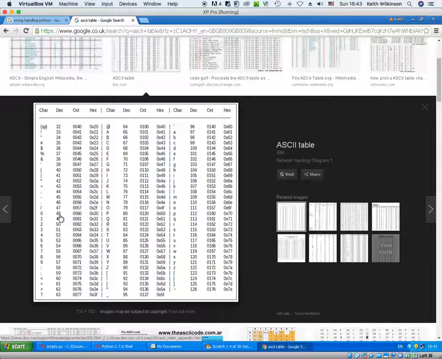The digits are down here. They start at 48, 49, 50, 51 and so on, right up to 57. So if I was to compare whether 9 was less than lowercase m, it would be true. If I was going to see if 9 was greater than m, it would be false, and we can see that straight away. So let's go back to my program